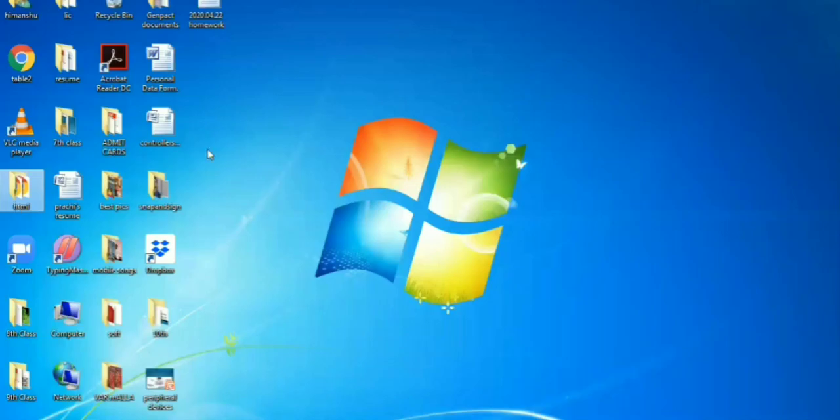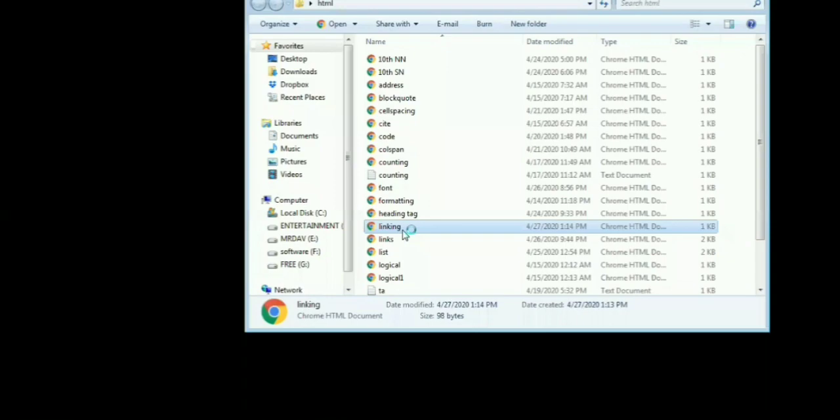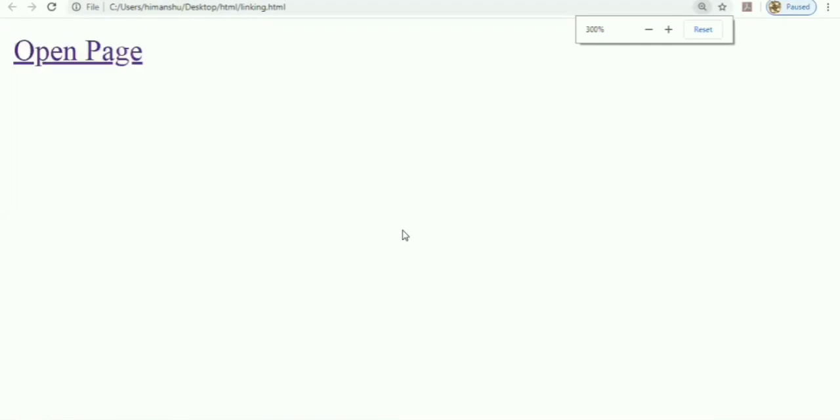After that, I need to open my that particular folder. In that, this linking page, I need to double click on that linking page. Yes, here is the page, and here you can see this will show as a link. When I move my cursor to this, it will show a hand.